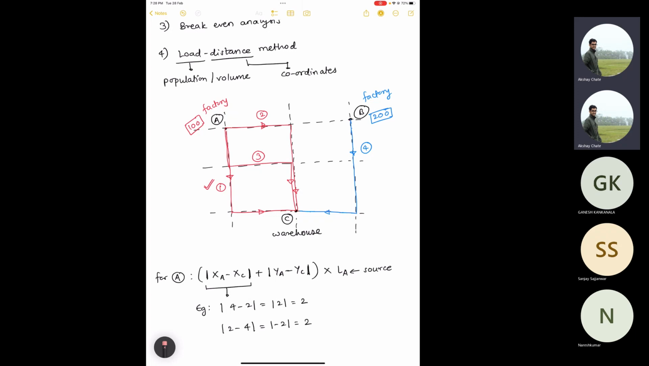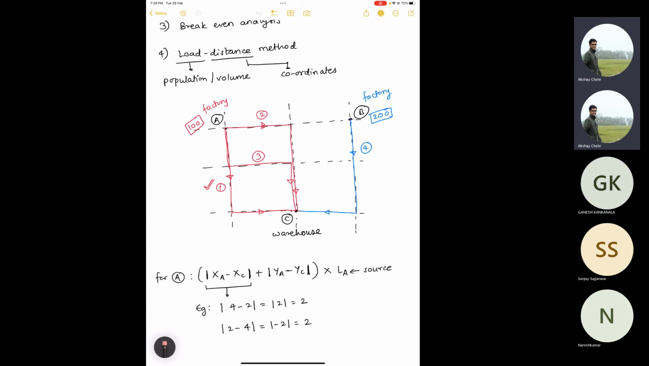So, does that answer your question? Yes, sir. So actually, in reality, we go for the highest production factory rather than the minimum, right? It depends. See, with this warehouse C, in reality, you have to first check how much it can accommodate. I'm not talking about the load distance method now. Load distance method is minimizing the load distance product. So let's leave it there. But I'm talking about